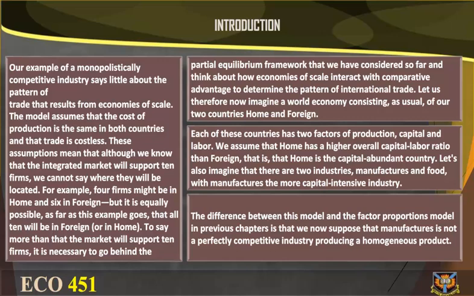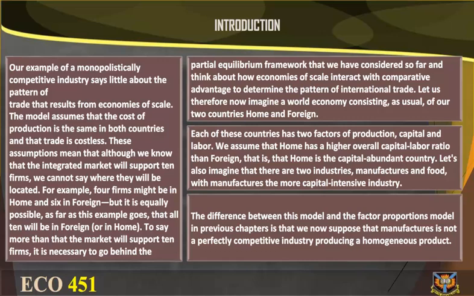These assumptions mean that although we know that the integrated market will support 10 firms, we cannot say where they will be located. For example, 4 firms might be in home and 6 in foreign, but it is equally possible, as far as this example goes, that all 10 will be in foreign or in home. To say more than that, the market will support 10 firms,